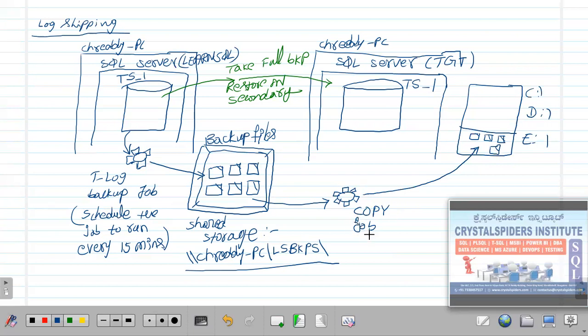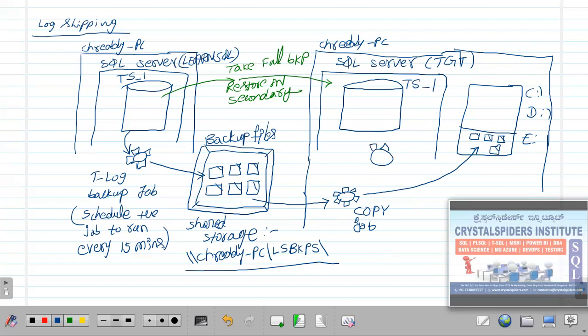What will the copy job do? It will copy the backup files from this shared path to a local path on the secondary server. Okay, that's what it is doing here. This is the complete secondary server. So now this is fine. Inside this, guys, we will have one more job, that is the restore job.